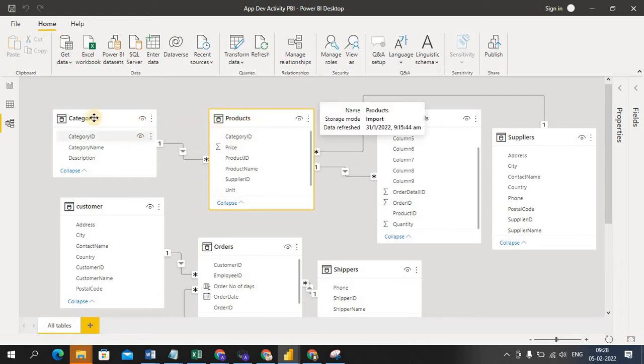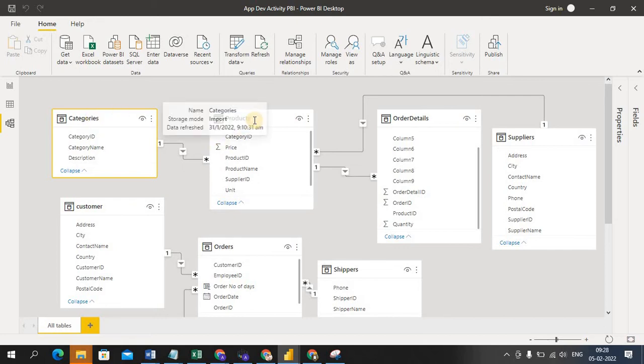The HR table contains employee details: the salary, which department he belongs to, and the joining date. The manager table has the employee ID and what role he has, developer or tester, and his team name. That information the manager has.